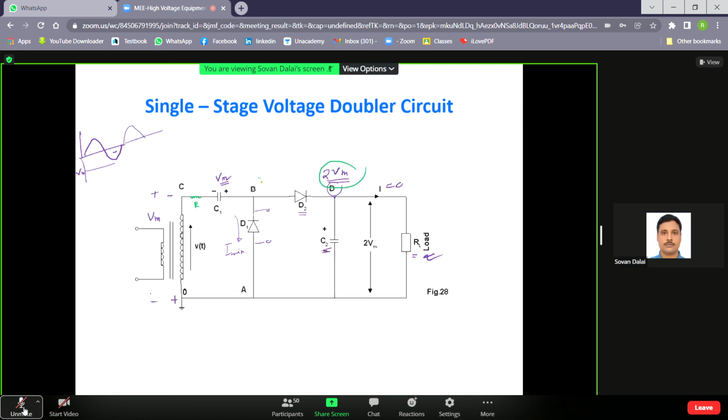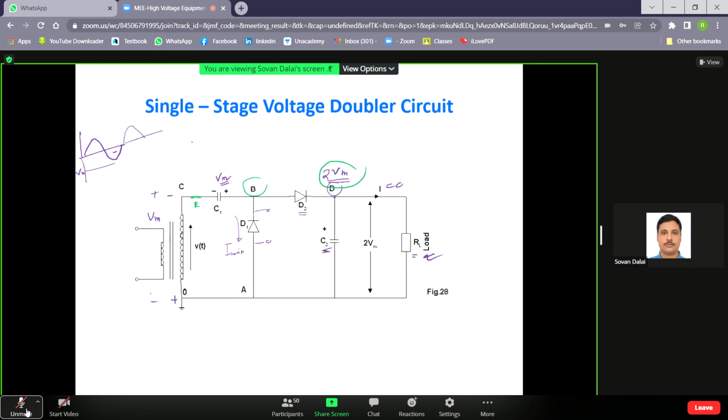And what is the potential of point B? স্যার D2 যদি কন্ডাক্টিভ হয় তাহলে 2Vm ই হবে। B পয়েন্টের পোটেনশিয়াল কি হচ্ছে এন্টায়ার অপারেশনে? Vm, Vm।